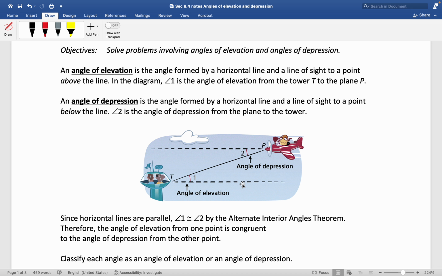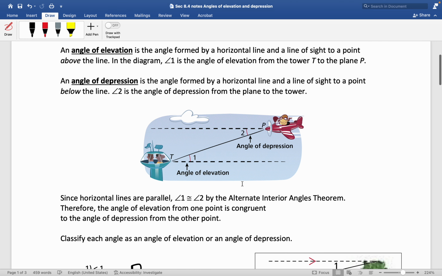All right, so just like you would think, angle of elevation is going to be looking up, angle of depression looking down. Now, we've done some work this year with parallel lines, and both of these horizontal dotted lines in this diagram, you can see, are parallel lines. Well, if I have parallel lines, these two angles, this angle of depression and angle of elevation, are identical. These are alternate interior angles. So we can use this idea to effectively treat an angle of depression and elevation as the exact same quantity